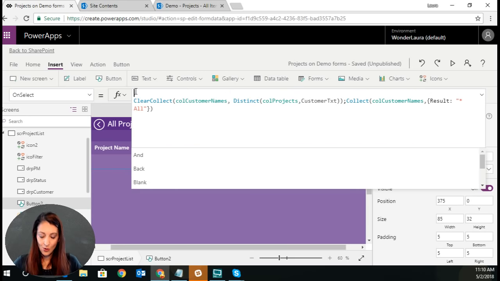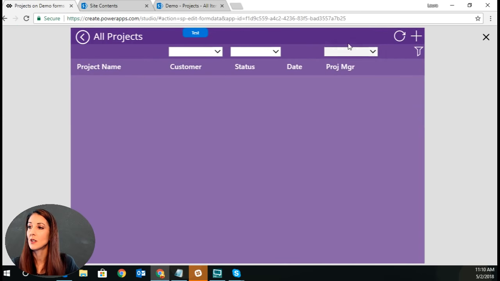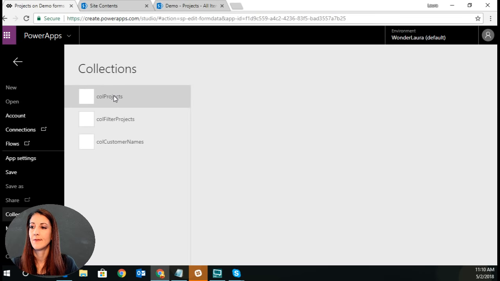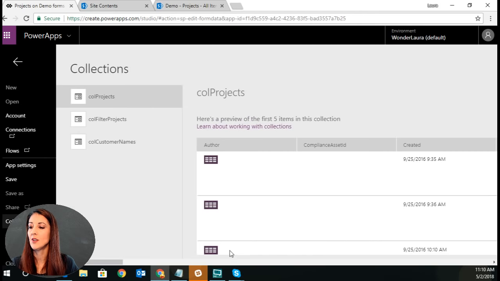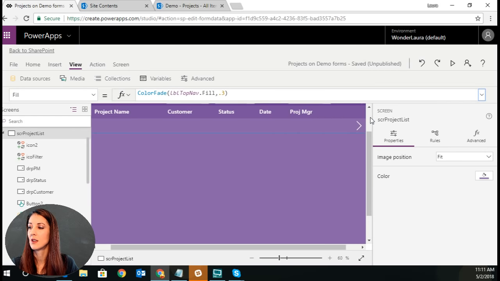I don't want to get into the whole customer names and the status and any of that stuff yet. I just want to be able to show you the collection real quick. All right. View. Okay, so there's our collection of projects. So then when I go to this drop-down box,